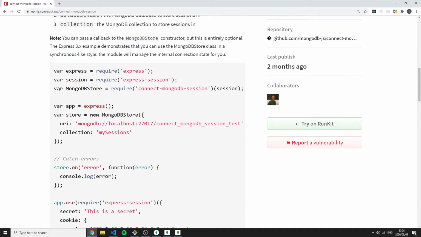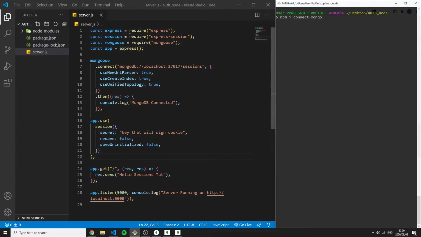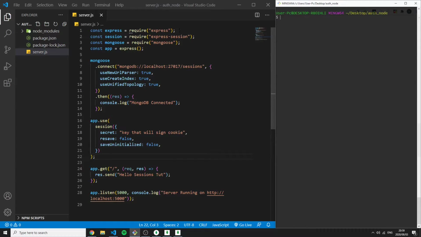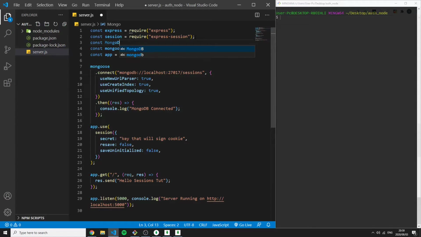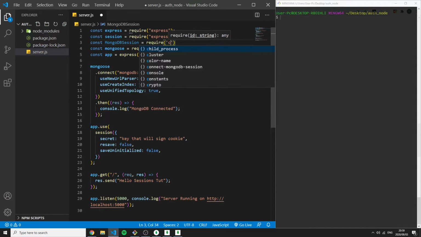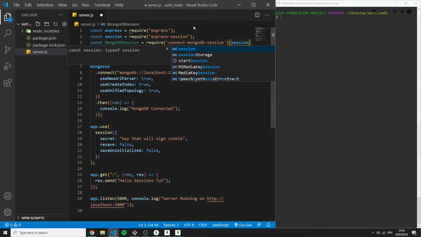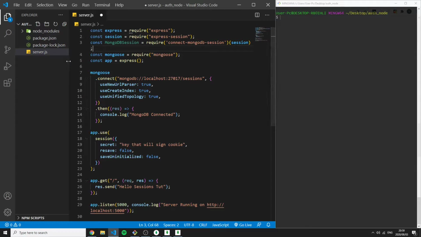So the setup is pretty simple and it works as follows. So we import the package, npm install connect-mongodb-session. With that installed, we can now initialize it. Just below the session variable, we can say const MongoDBSession, we require it with connect-mongodb-session, and then we pass it as a function, and we pass it this session variable. With that done, now we can create a store,